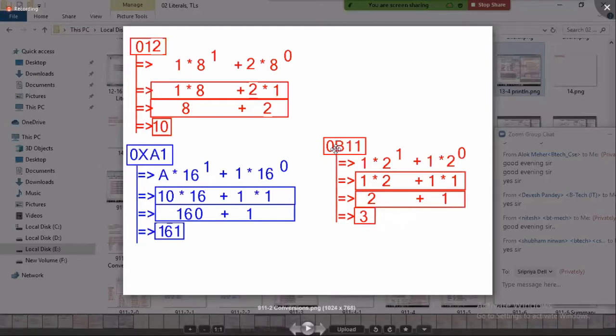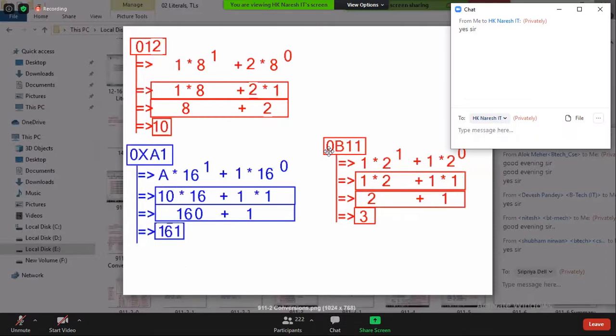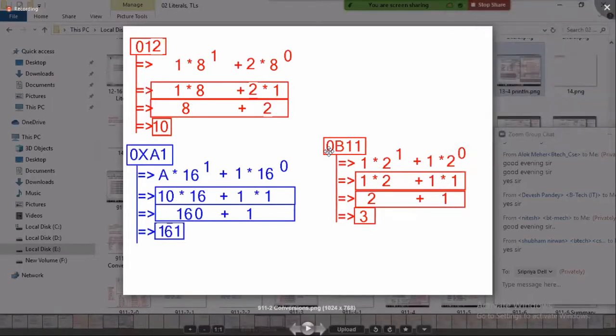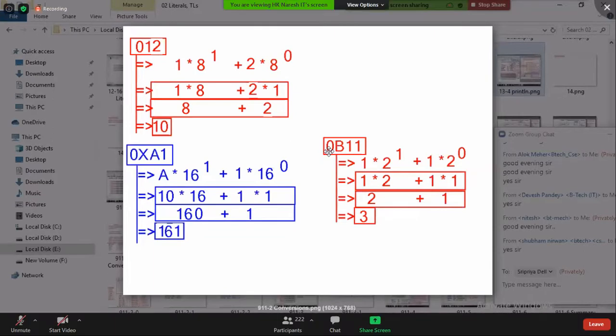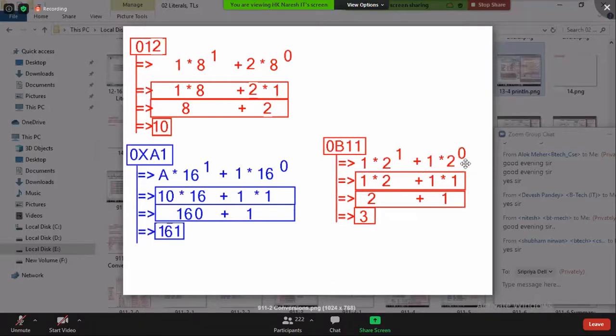Binary base is 2. So 1 into 2 power 1 plus 1 into 2 power 0. 1 into 2 plus 1 into 1. 2 plus 1, 3.